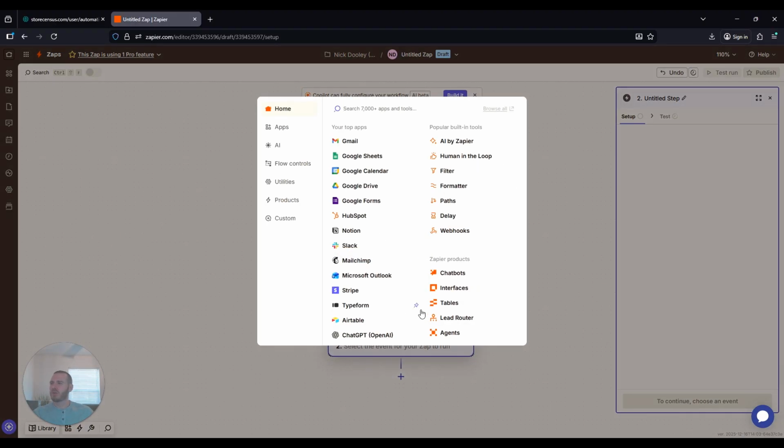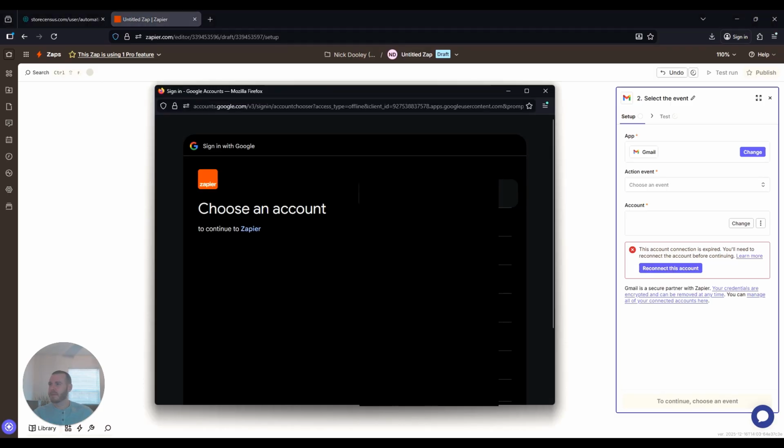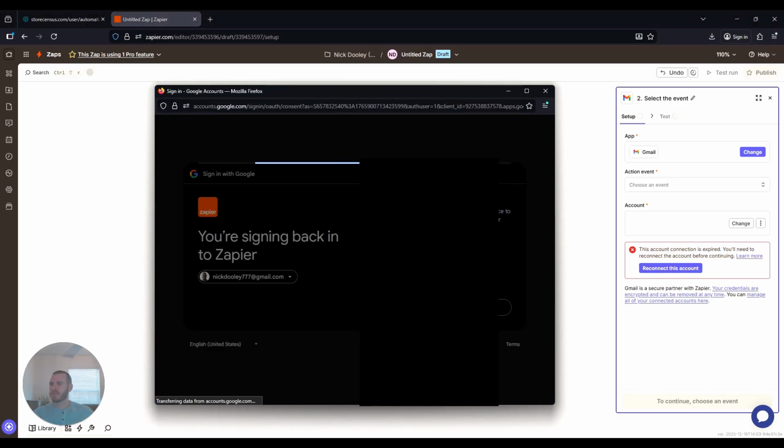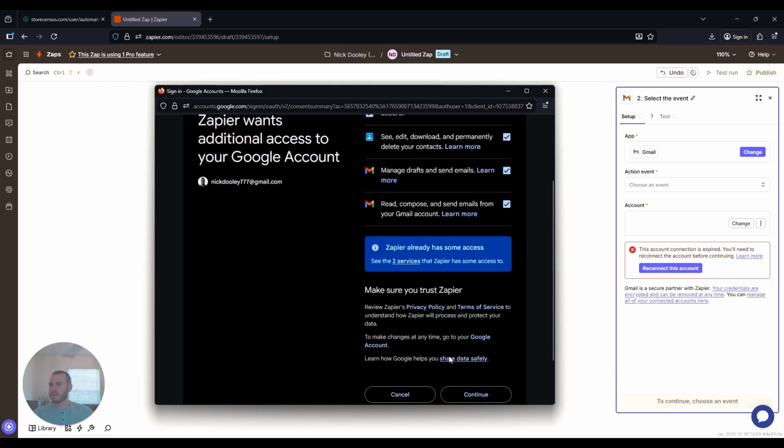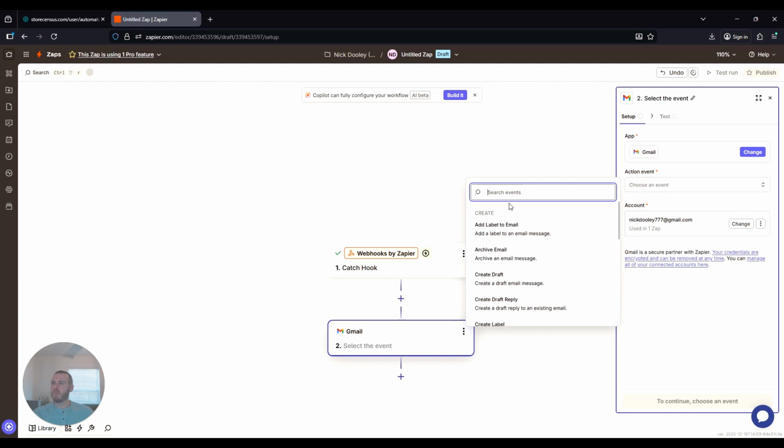Now we are going to choose an action. And for demonstration purposes, I want to show you how to send an email. So let's click on Gmail. This is my personal account that I already have linked up. It's actually telling me that I need to reconnect it, so let's do that really quickly. It's pretty simple. Let's click continue, select all, continue. All right, my account is resynced. So let's see, what do we have? I want to send an email. So let's search here, send email,